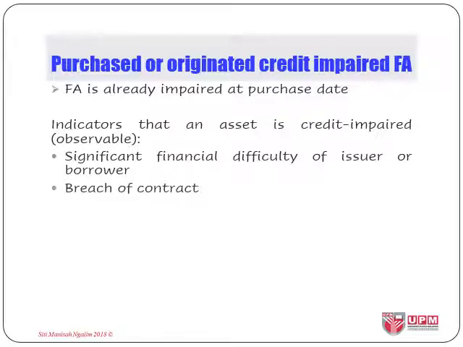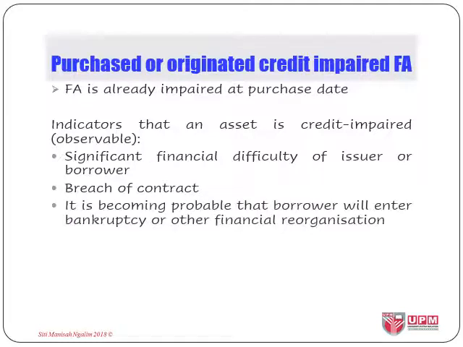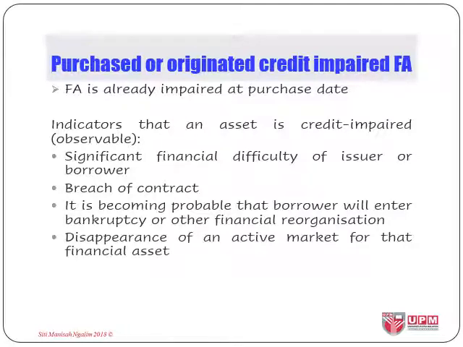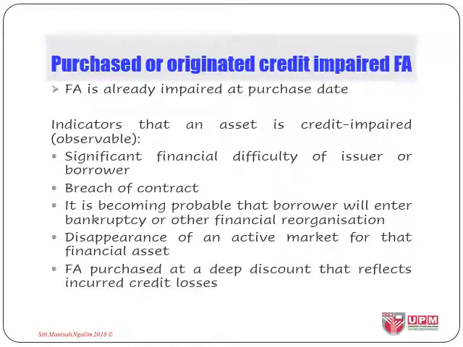Or the issuer breaches the contract, either not making payments after the contract is due or even after extended period given. Or we learn that the company will file for bankruptcy or will apply for a restructuring of its debt. Or perhaps the market for the financial asset disappeared, meaning there is no demand for the asset, thus it cannot be traded in the market anymore. Or we were offered the financial asset at a very highly discounted price, meaning at a very low price. So these are some of the indicators that we may observe to identify a problematic asset or